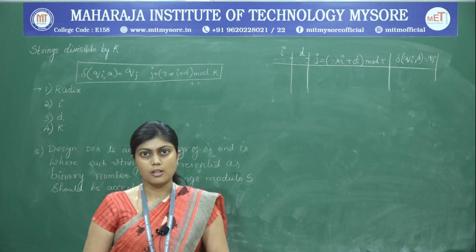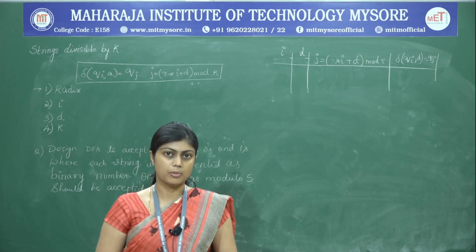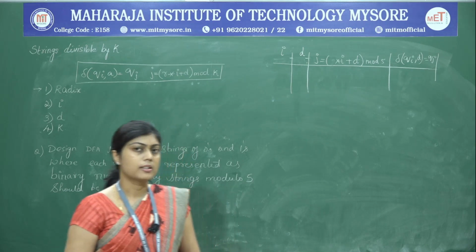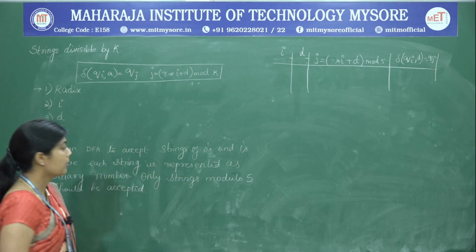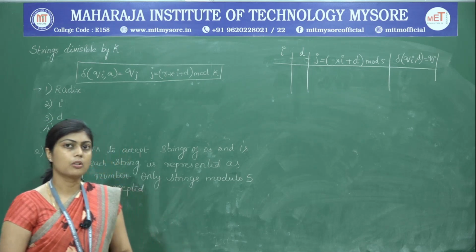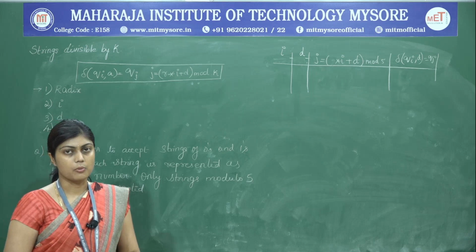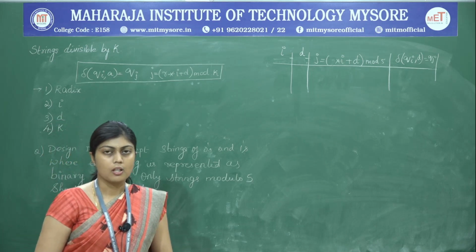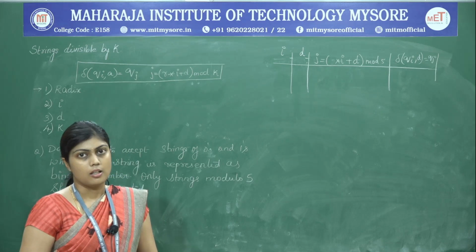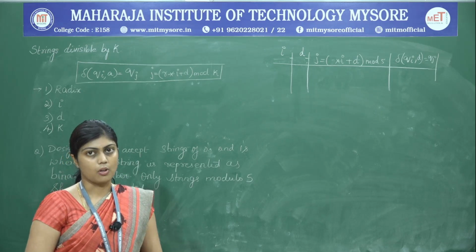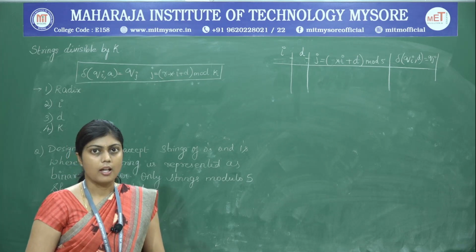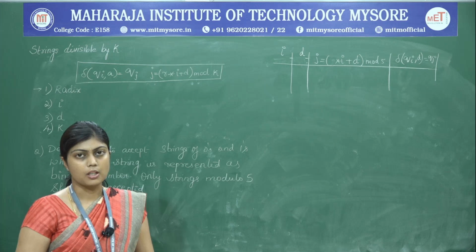designing of the DFAs, where the DFAs are going to accept some strings which are divisible by some number, and we call this kind of problems the divisible by k problems. So, for example, in case we want all the numbers to be accepted which are only divisible by 5, the DFA should be able to accept 5, 10, 15, 20 and so on, and reject all the numbers that come in between 5 and 10 and the ones that come in between 10 and 15 and so on.